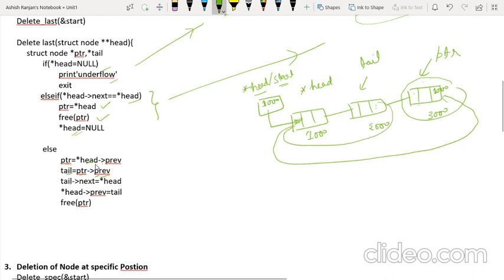This will start pointing to the first node. Now head ka prev, this block, will become tel. Here the 2000 address will be stored and here the 1000 address will be stored. And finally we will delete this node. So this is the way we can delete the node from the last of the doubly circular linked list.